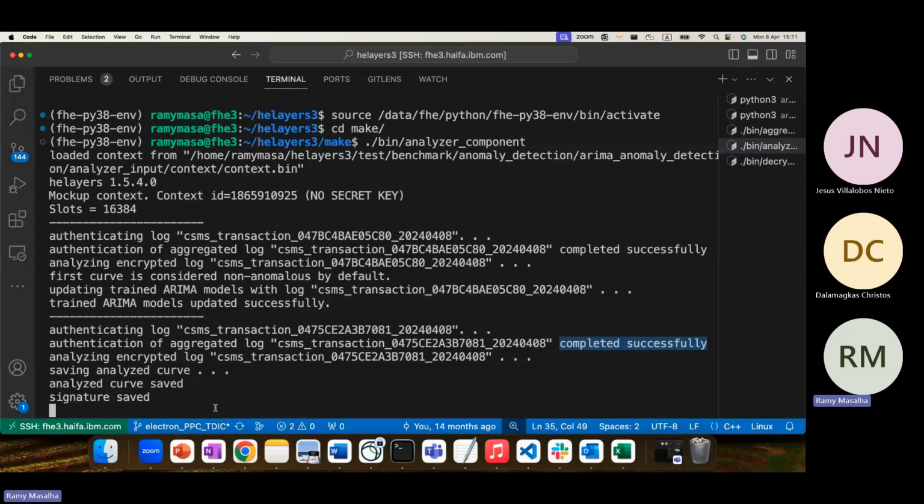Now, this is the part where all of the FHE computations happen. The analyzer receives and analyzes an encrypted log that it cannot actually see. However, due to the FHE encryption, the analyzer is able to apply computations on the encrypted data, without any need to decrypt this data. So, the ARIMA model is trained on encrypted data, and then is used to detect anomalies